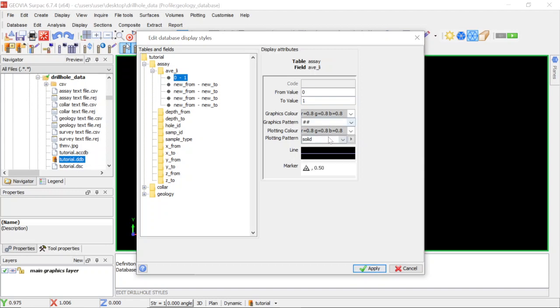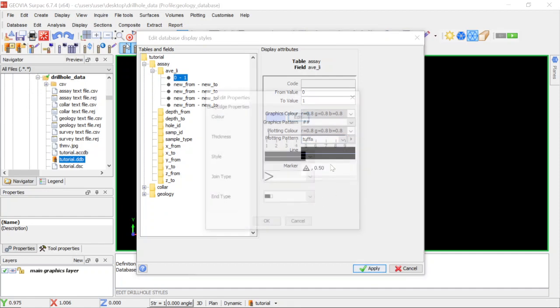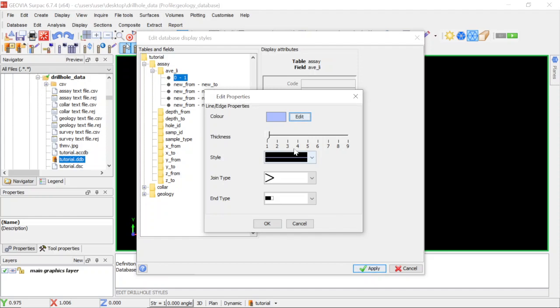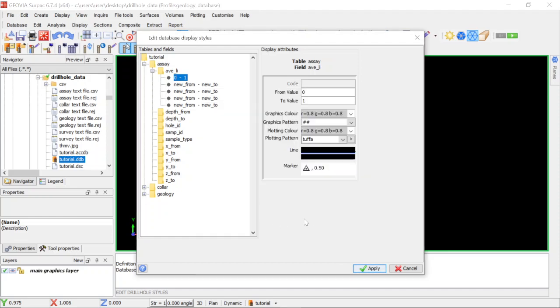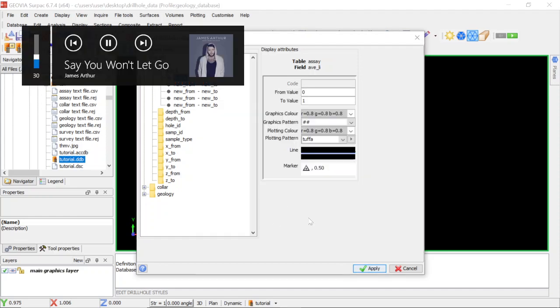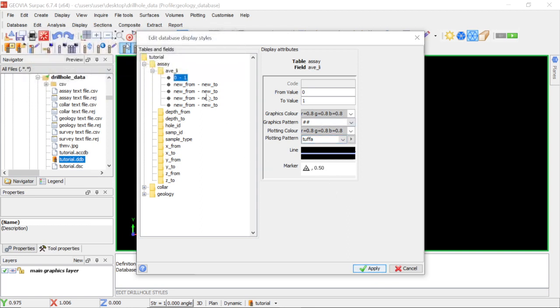The graphics pattern, we use this one. For the plotting pattern, we're going to do it randomly. I will start with this one here. For my line, I will increase my thickness to 3. I will click apply here, and okay, move on to the next one. The from value, we're going to say from 1 to 2. I'm going to pick from 1 to 2,